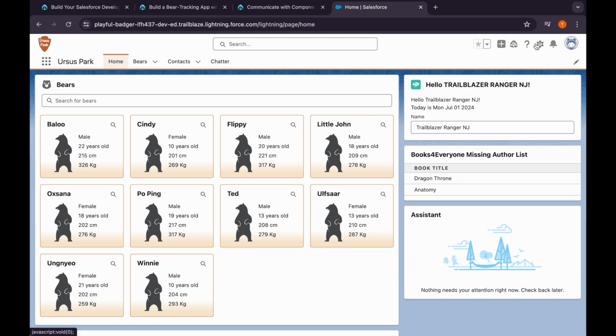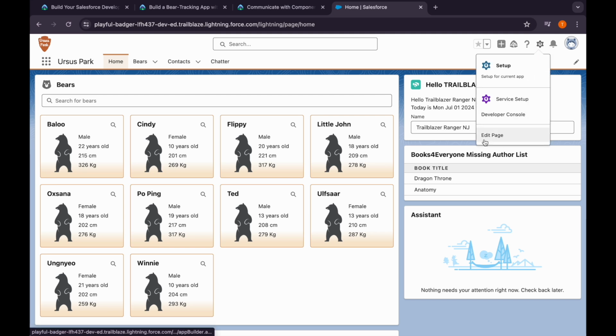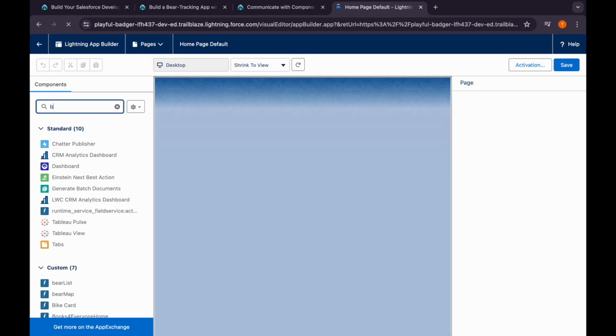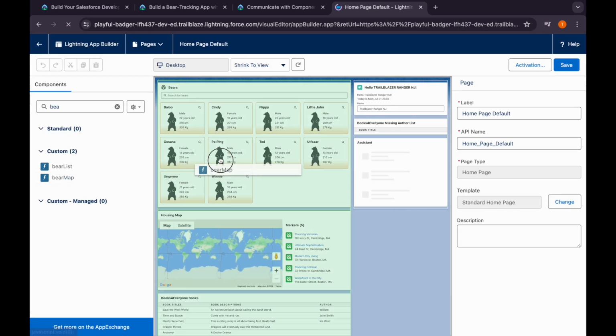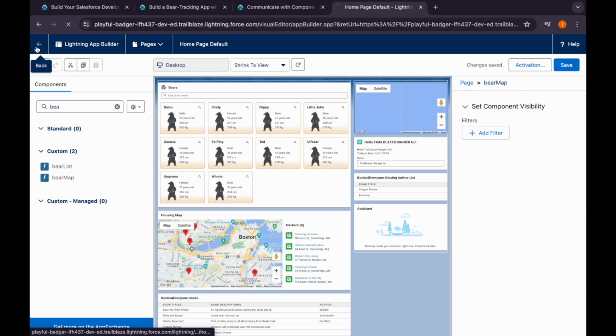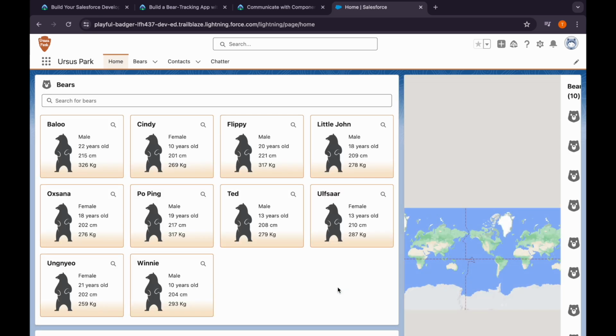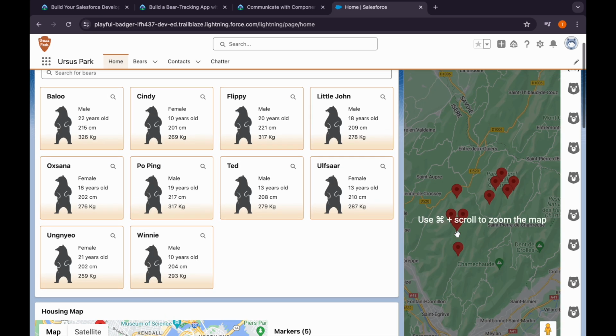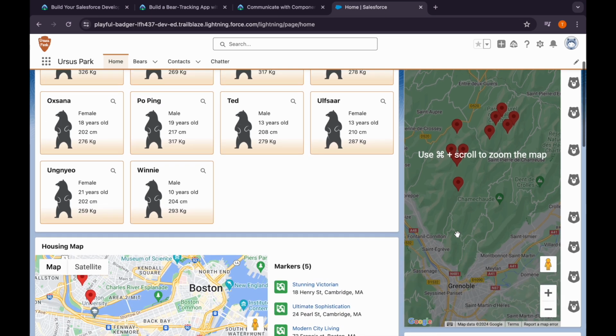So I'll edit the page. I'll drop it on top of it here. Now save, now go back. So you can see it's showing the data, and okay,